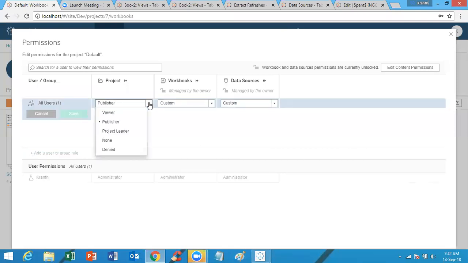So what are the different levels? The different permission roles at the project level are viewer. With this role, the user can only view the content. Okay, so the second role is